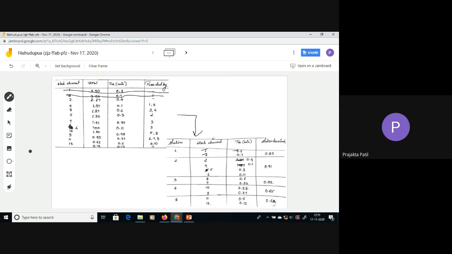Now let me go for second. Second work element requires no precedence, so of course this allocation is possible. What is the allotment? The TK value is 0.4. So you can see at the second workstation I have work element 2 with 0.4 as the TK value. Still I have scope for allocations.